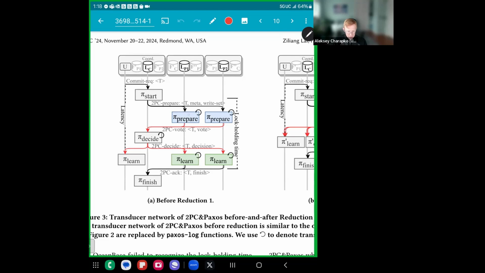Once these other participants are ready, they vote. Those votes go to the coordinator. The coordinator decides whether it's abort or commit, and then learns itself, and the user learns, and then the other participants learn the outcome of the transaction, right? So, and what they say is that these three steps, like this flow right here, from prepare to decide, and from decide to learn, is an example of